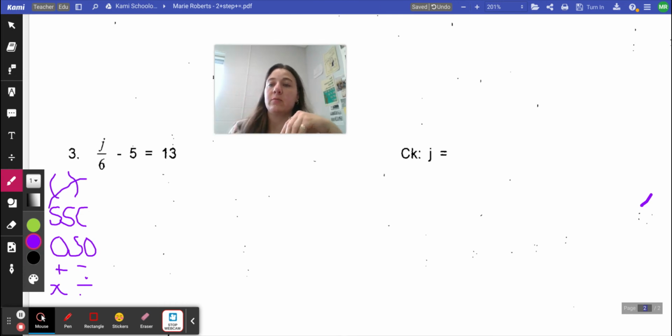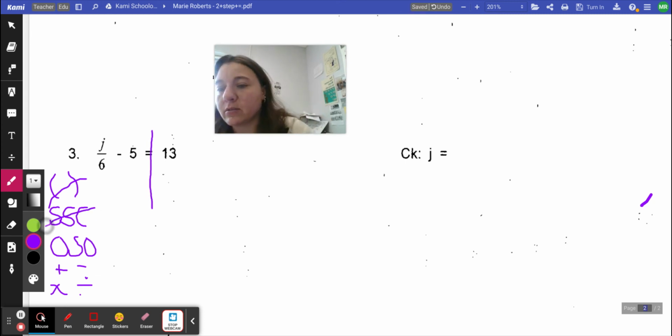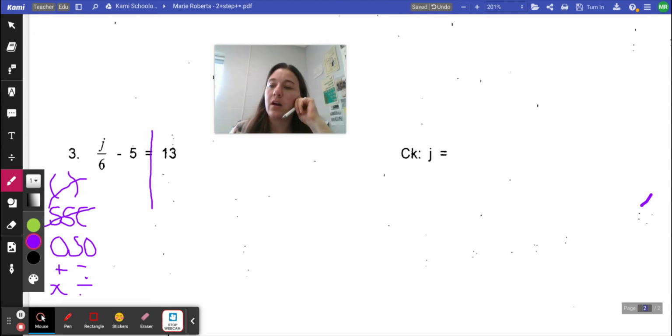Do you see any like terms on the same side of the wall here, the equality wall? No, J's don't go with constants, so there's no like terms on the same side. Are there like terms on the opposite side? Yeah. Negative 5 and 13, they're both constants. They're on opposite sides. To get one from one side of the wall to the other, I will need to